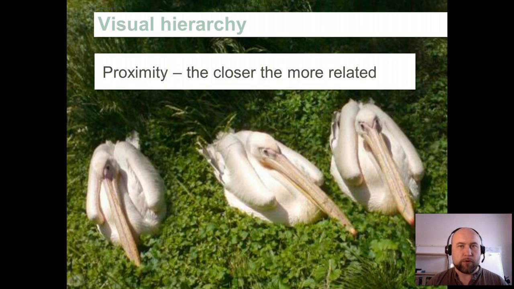If we see two people walk through the park 10 meters apart, we don't pay any attention to that. We don't think anything of it. But if they're walking hand in hand, they probably have some kind of relationship. And the same with this image of the three pelicans here. Just because the middle pelican is a little bit closer to the one on the right, we start asking us why. Is the third pelican, the one to the left, does he have a bad breath, or are the two other bullies, or what's this all about? We create some kind of story.